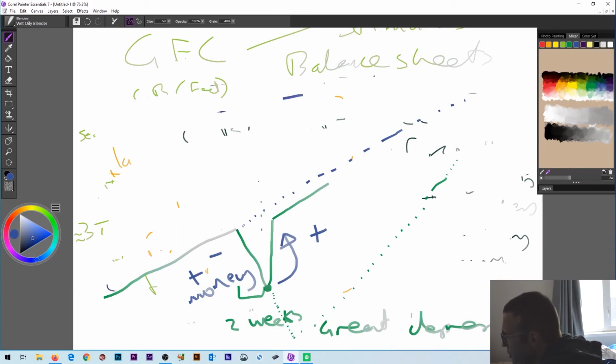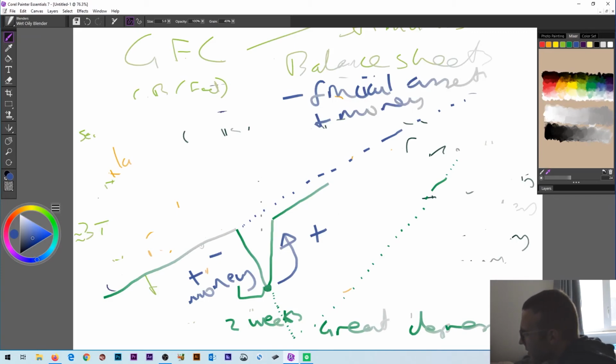You sold your financial assets, and you gained the same amount in money. The idea is that this is the same. We lose activity, lose money, and liquidity and all that dries up. The idea is that it pushes it back up. We just get back, or as close as we can, to this line. We may never reach it again. There might be a permanent output gap. The idea is we get up here. We don't overshoot. We don't go up like that.